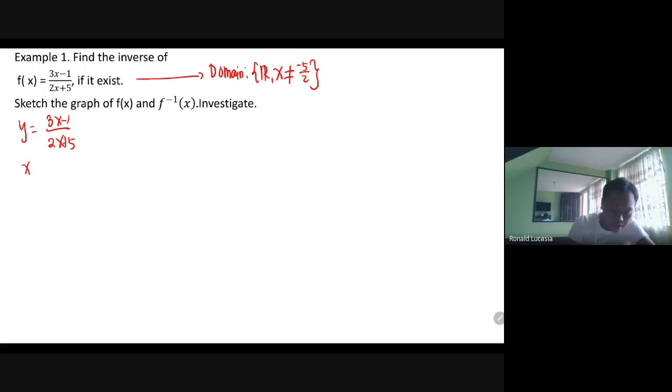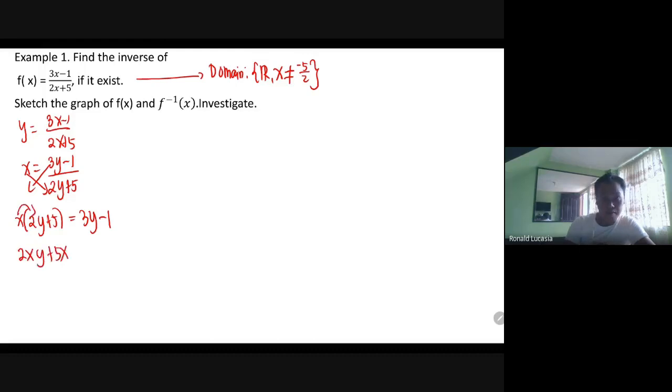So we have now x interchanged. That's x equals 3y minus 1 over 2y plus 5. Tapos pwede mo siyang cross multiply, although there's no such thing in mathematics as cross multiply, ha. Talagang LCD ang ginagawa natin yan. So x times 2y plus 5 is equal to 3y minus 1. And then you solve here using distributive property. That's 2xy plus 5x, that is equal to